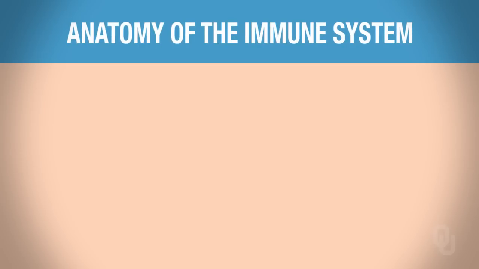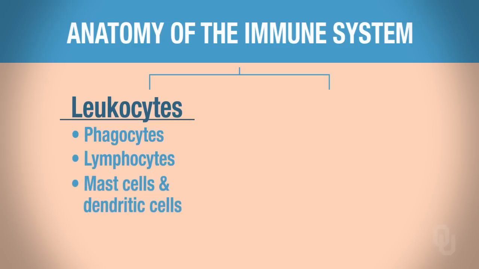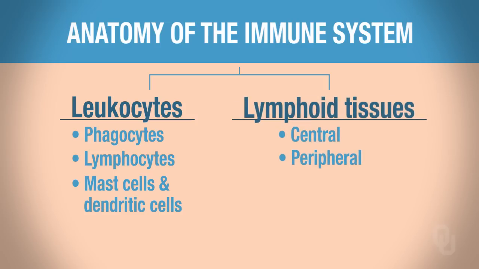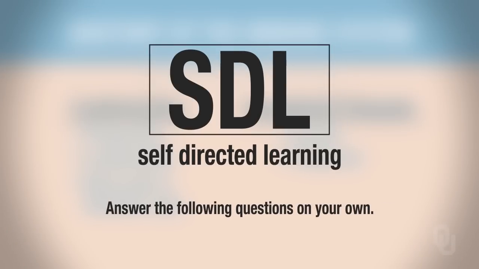We're going to break this down into two components. The leukocytes, those are white blood cells that specialize in the immune function. And then there are the lymphoid tissues. You have different types of lymphoid tissues, the central and peripheral. So these are both what we call SDLs, and these are self-directed learning. So you can imagine that as if this information were in your workbook and you were filling this in your